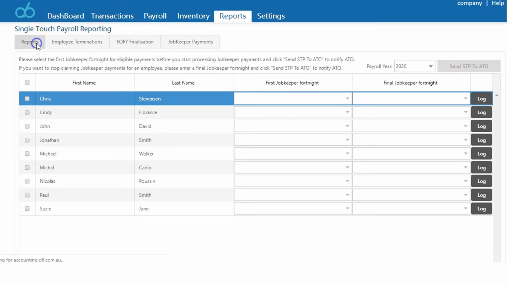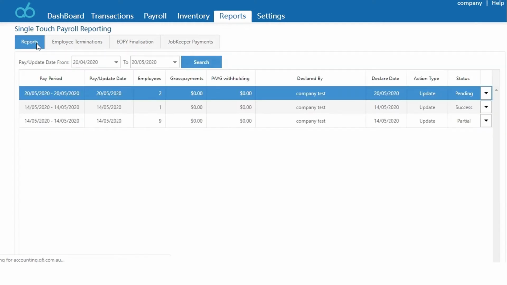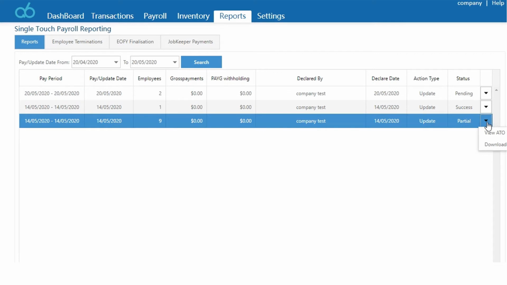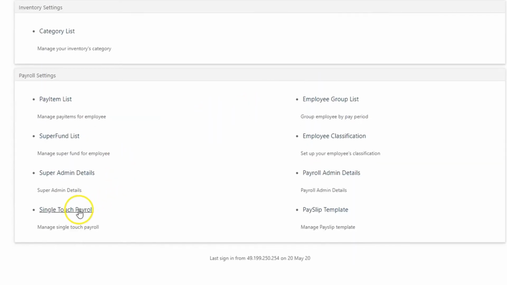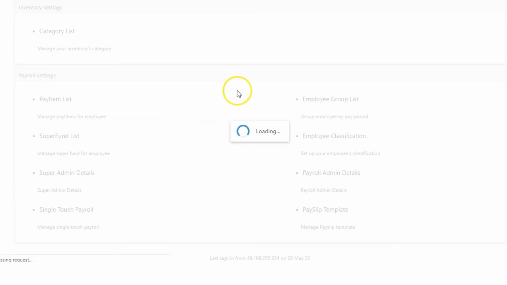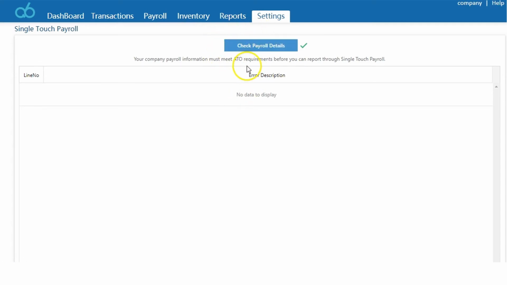Then go back to the Reports tab to check submission status. If status is success, that means you have notified ATO of JobKeeper payments for each eligible employee successfully. Otherwise, you may need to check the arrow next to it for the reasons responded by ATO. Q6 also has a self-checking function at Settings, Single Touch Payroll, to check the payroll details entered satisfy